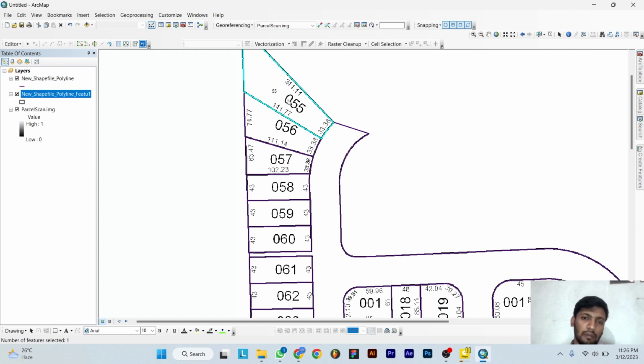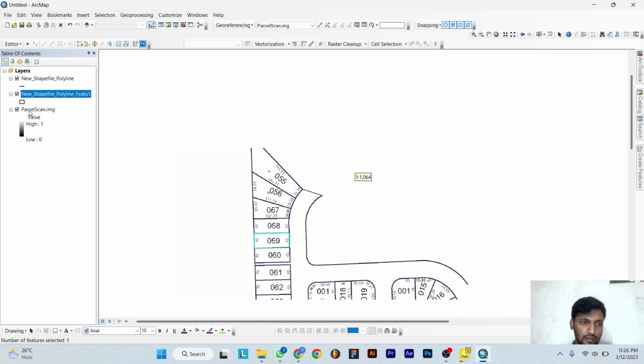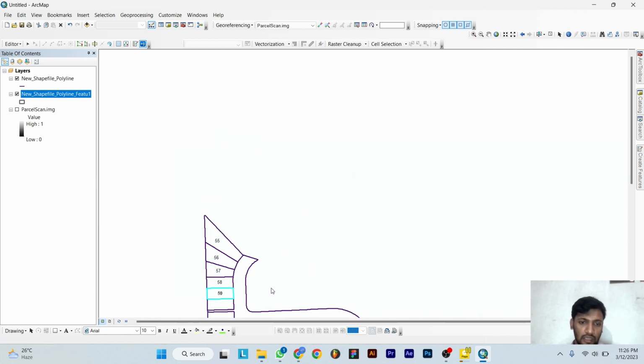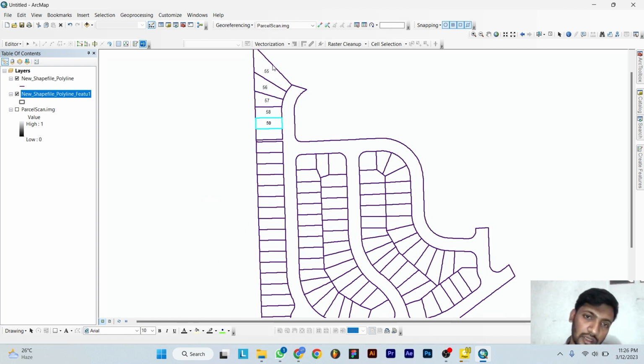So our initial value is 55, then going to 56. Yes, here you can see 56, 57, 58, and we can continue these and complete this whole thing. Yes, here we can see our cell data is now selected by the plus one option, and this is how we actually